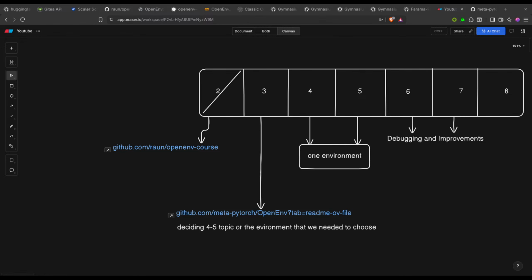Initially I thought they wanted us to create three environments, and I created the first environment as a calendar. Then I saw on their website that the calendar environment is already built. So I thought I should make something else, something not already built on their website. But then I thought most of it has been covered in their GitHub, in the environment, so I had to shift to something else.